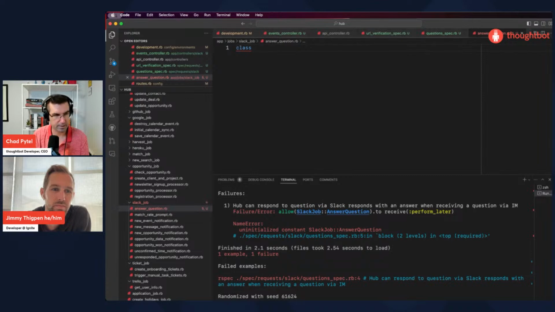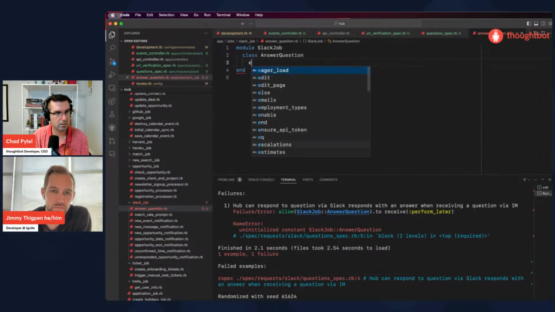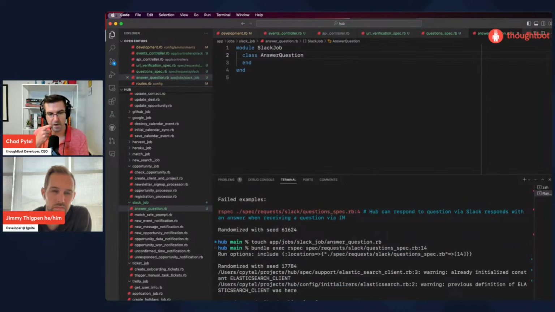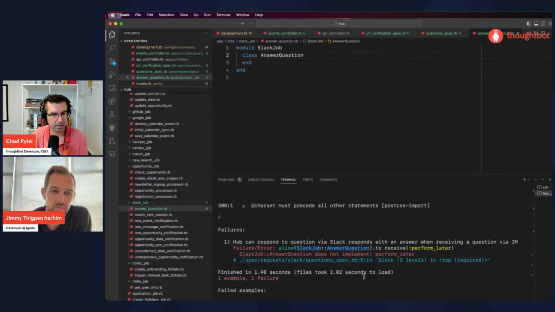And this is module Slack job. Got it. Okay, so this is where we will process what they asked and work on the response. I'm just creating the class now. I'm not actually writing anything because I don't want to go too far. So it does not implement perform later.